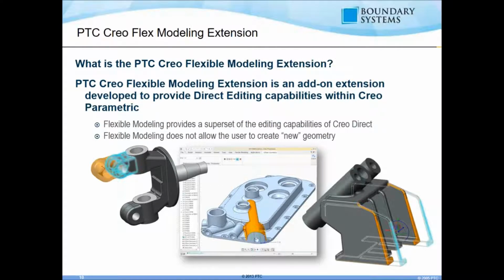And then the other piece of technology that PTC added to help manage this is the flexible modeling extension, right? And so earlier I talked about making your design change to a converted NX file. This is one of the tools that you can use to make that design change, right? So in this case, what is flexible modeling? Well, flex modeling is